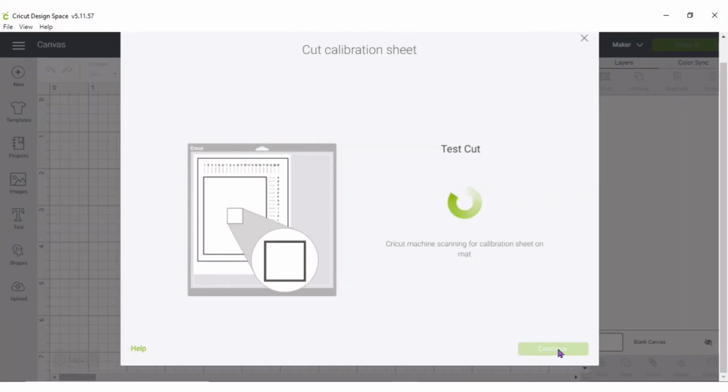If eventually you keep clicking no, it's going to ask you to call customer care so they could help you out. I've actually never called them when I get to that step. I just cancel and then I try calibrating the machine again, or I try again another day, and usually it works. So yeah, hopefully this helps,